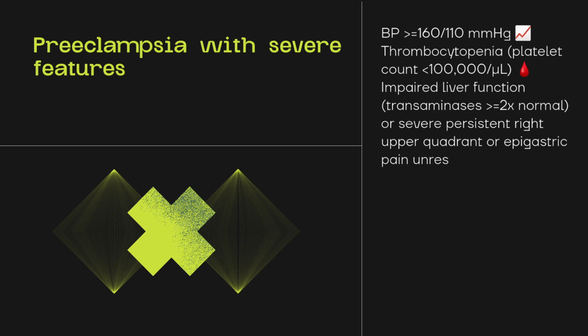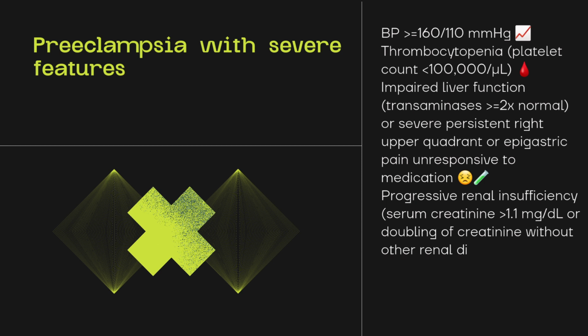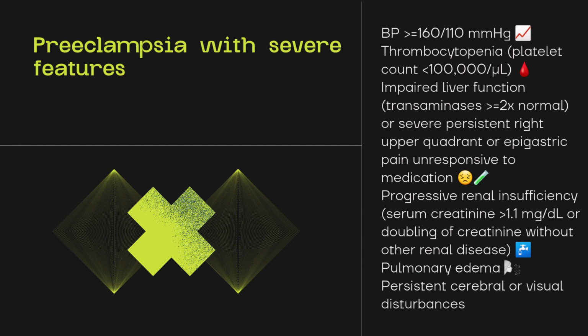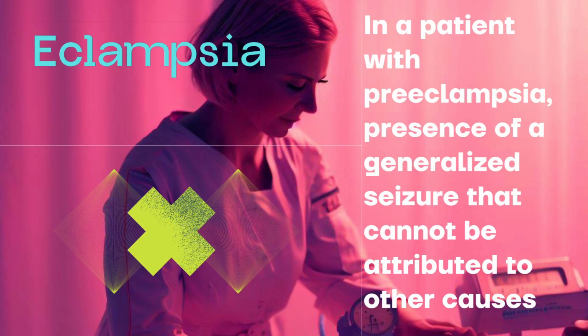thrombocytopenia, low platelet count, impaired liver function, elevated liver transaminase levels or severe persistent pain in the right upper quadrant or epigastric area, progressive renal insufficiency, increased serum creatinine or doubling of serum creatinine, pulmonary edema, or persistent cerebral or visual disturbances. Now, eclampsia. When a patient with preeclampsia experiences a generalized seizure that cannot be attributed to other causes,